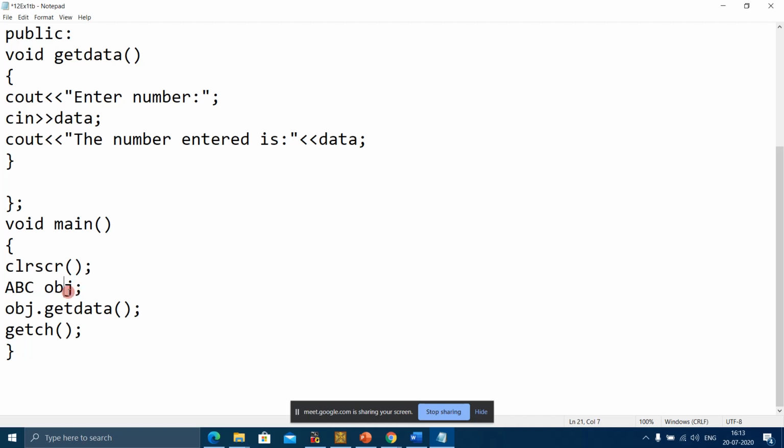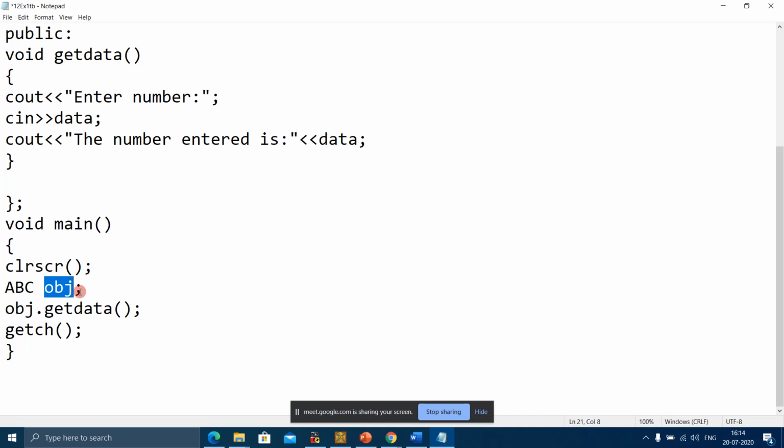This is known as instantiation of the class. Instantiation means creation of the object. Here I have created one object whose name is OBJ. To create an object, you will have to use the class name in the main function followed by the object name. Is this clear to you?